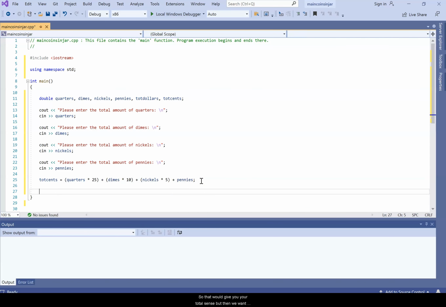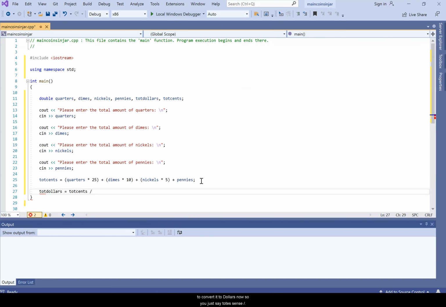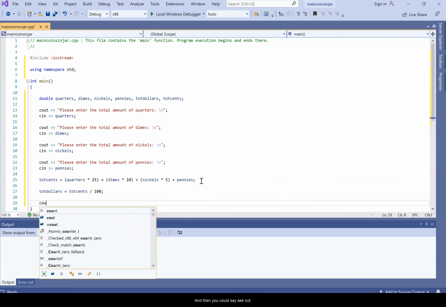So that would give you your total cents, but then we want to convert it to dollars now. So you just say total cents divided by 100 to give you total dollars. And then you could say cout